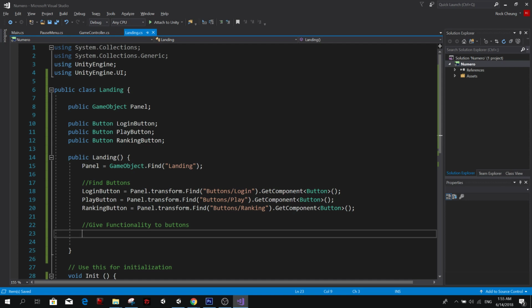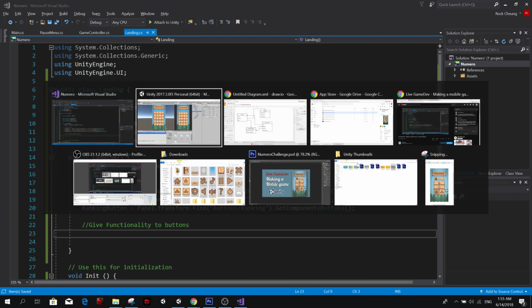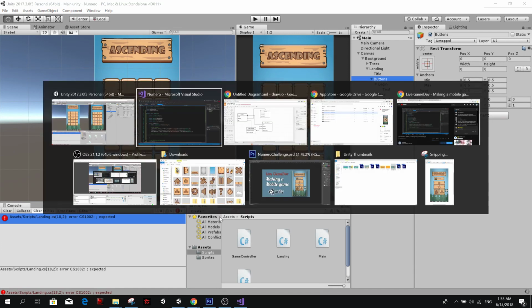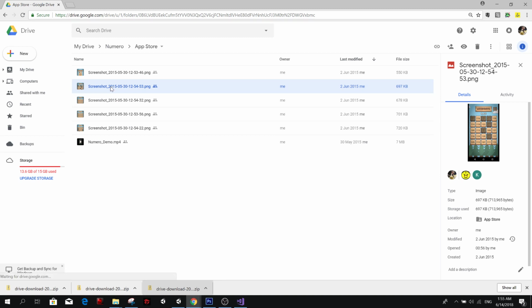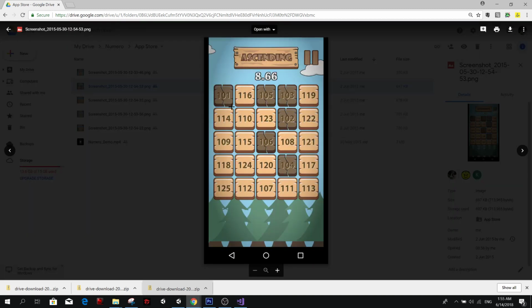Clamorious says: Hi, I just arrived. What kind of game do you make? Sorry, you probably explained it a lot. Yes, everyone arrives and asks about the game. We're making a game where we press buttons in order. The buttons are actually blocks of numbers. So here we have a lot of blocks with numbers, something like this. You press the buttons in increasing order within a certain time, and if you get quick combos, you can increase your time.